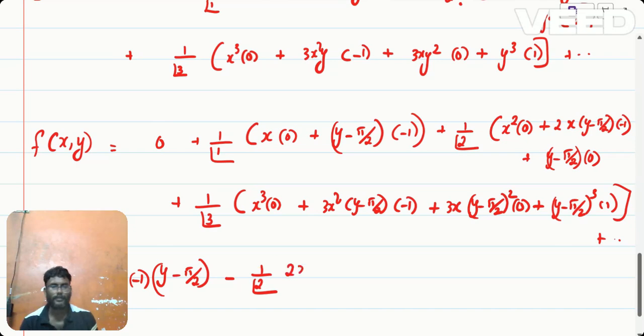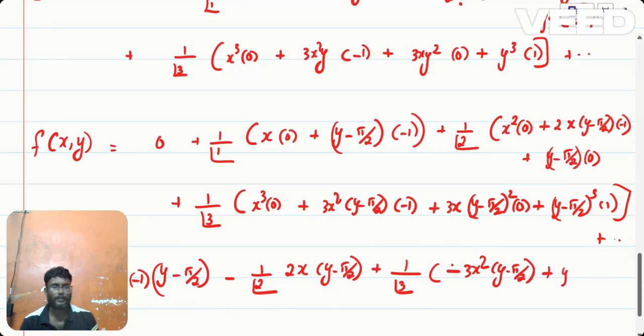So you will get 2x y minus pi by 2 plus 1 by 3 factorial into 0. This is minus 1 and this is 1. So minus 3x square y minus pi by 2 plus y minus pi by 2 the whole cube plus